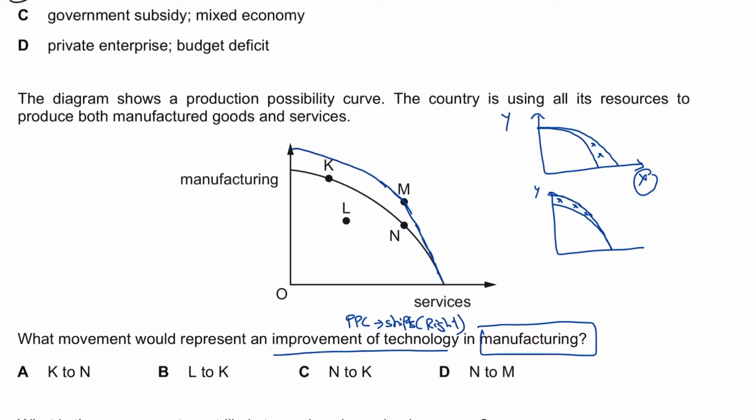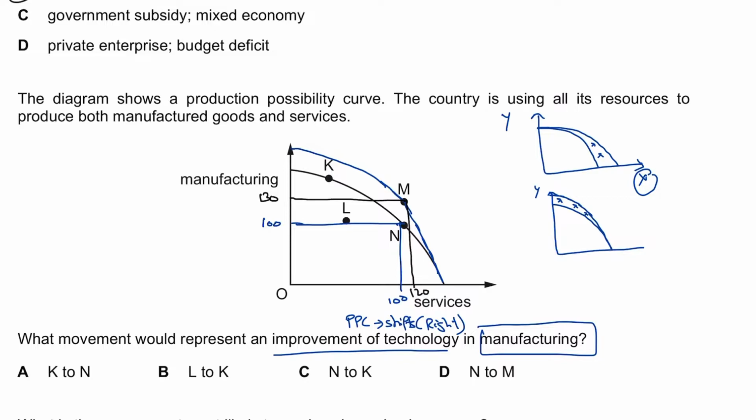So what will happen is that we will pivot the PPC. Now we can clearly see, after the shift in PPC to the right, that let's say if we were producing 100 services and let's say 100 manufactured goods, but now how much are we producing? Now we are producing, let's say, 130 manufactured goods and a bit more services as well,